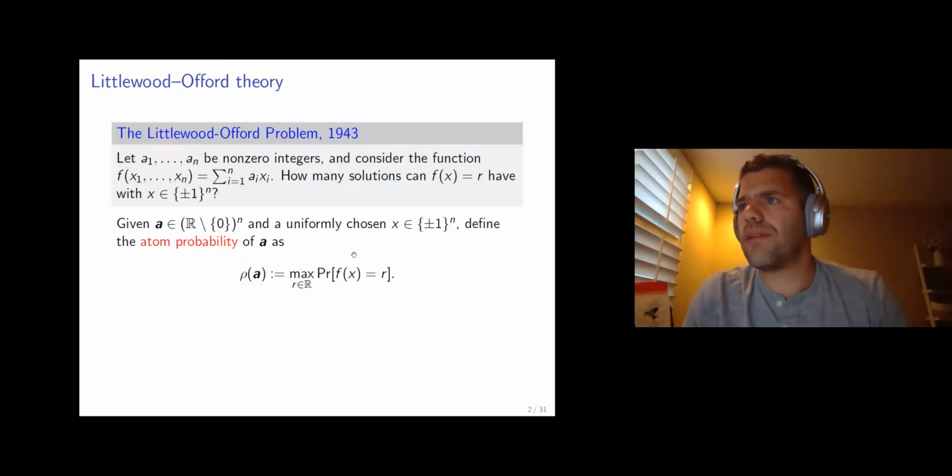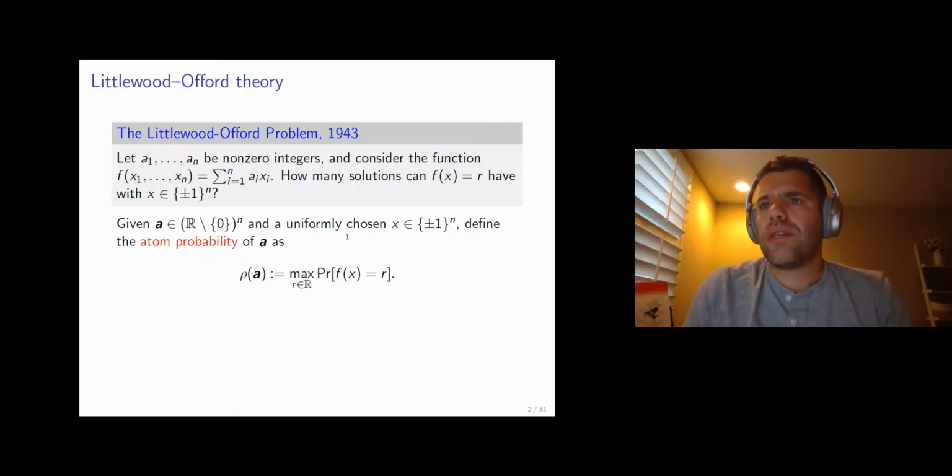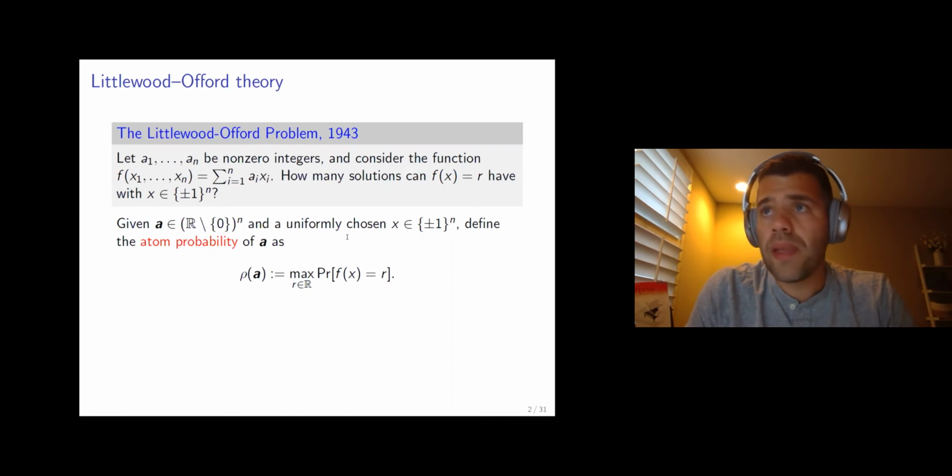Restate. So we can ask the question in the following way. Imagine that I give you a vector, not just non-zero integers, but non-zero reals, and you take a uniformly chosen vector in the Boolean hypercube, and